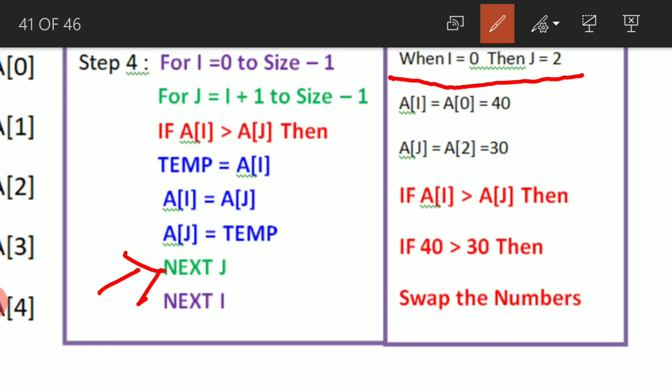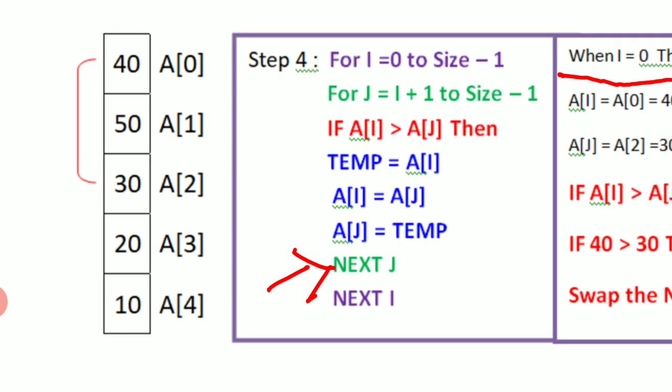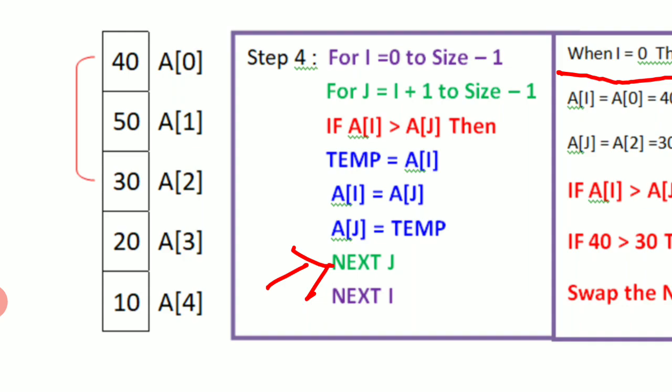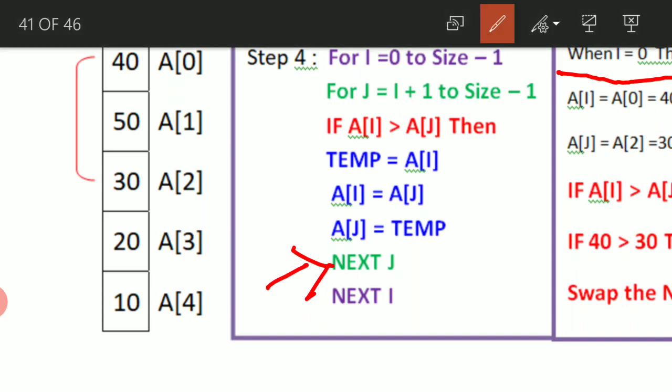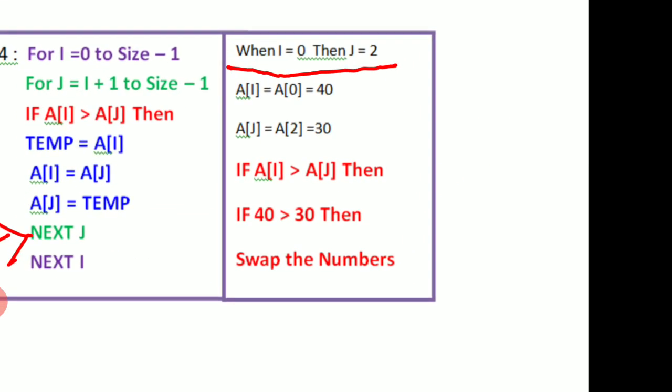If j value is 2, then what is i value now? i value is 0. And before we proceed into its technique, we'll see what array we are having. You can observe here, we have 40 and 50, isn't it? This is the array we are having now. 40 and 50, these are swapped. But now we are going to compare the first location with the second location, a of 0 with a of 2, because j value is now 2.